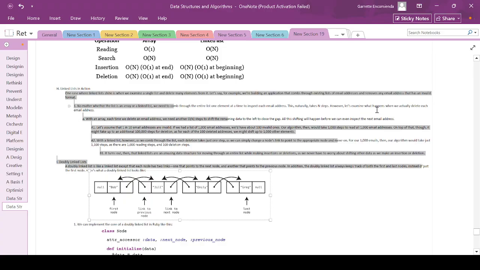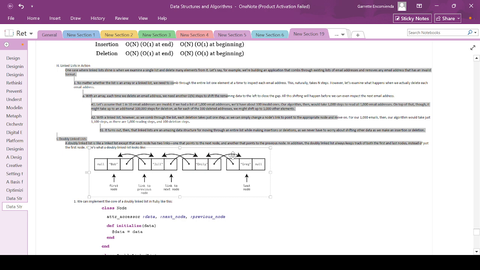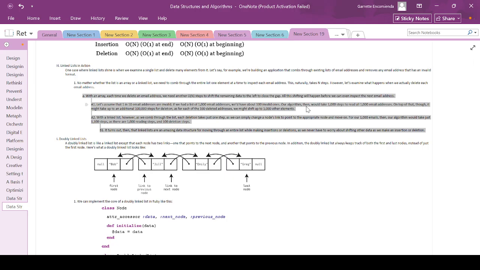However, let's examine what happens when we actually delete each email address. So let's see the delete operation. With an array, each time we delete an email address, we need another O(n) steps to shift the remaining data to the left to close the gap, since it needs to be a continuous allocation in memory. All this shifting will happen before we can even inspect the next email address. So that's what will need to happen in a regular array. You need to shift all the cells to make it compact before you do another search,